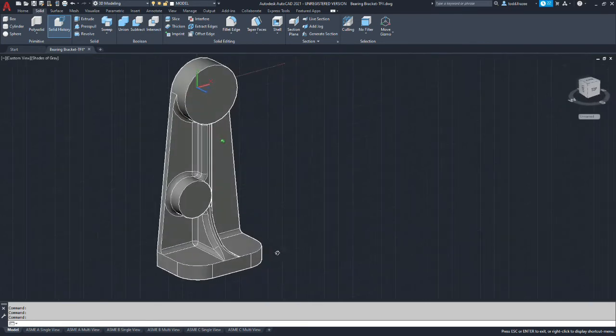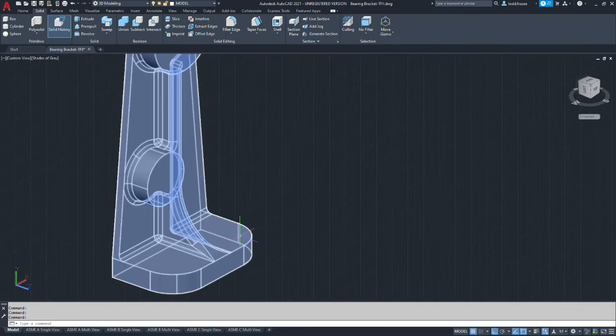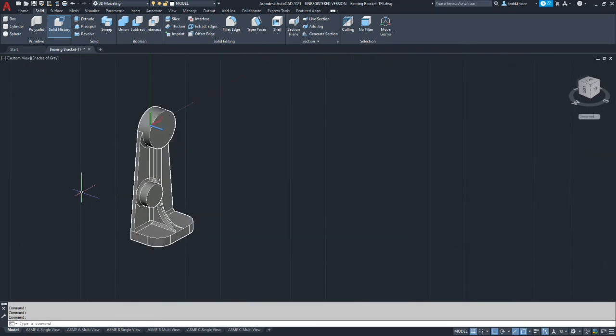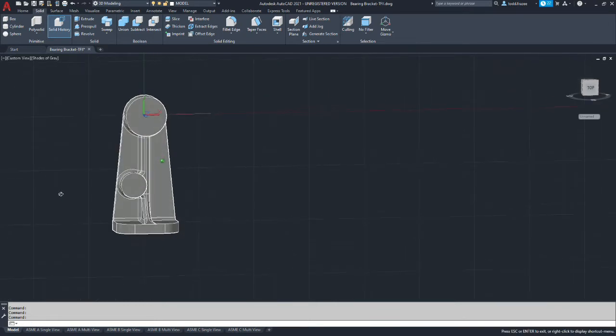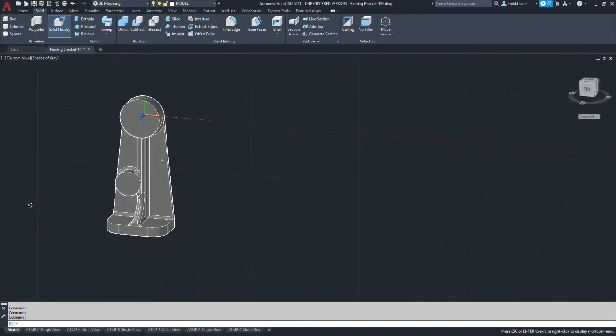Okay, so pretty much everything I have here is symmetrical. I do want to point out a detail you need to pay attention to: the height of this boss is a millimeter shorter on the opposite side. It's hard to read on the drawing, but the overall width is 33 and the projection on this side is 17 millimeters. So that means after we mirror this, we'll need to slice a millimeter off the overall height of the smaller boss. And that's something you need to detail on your drawing so that the person making this part knows that it's not symmetrical.